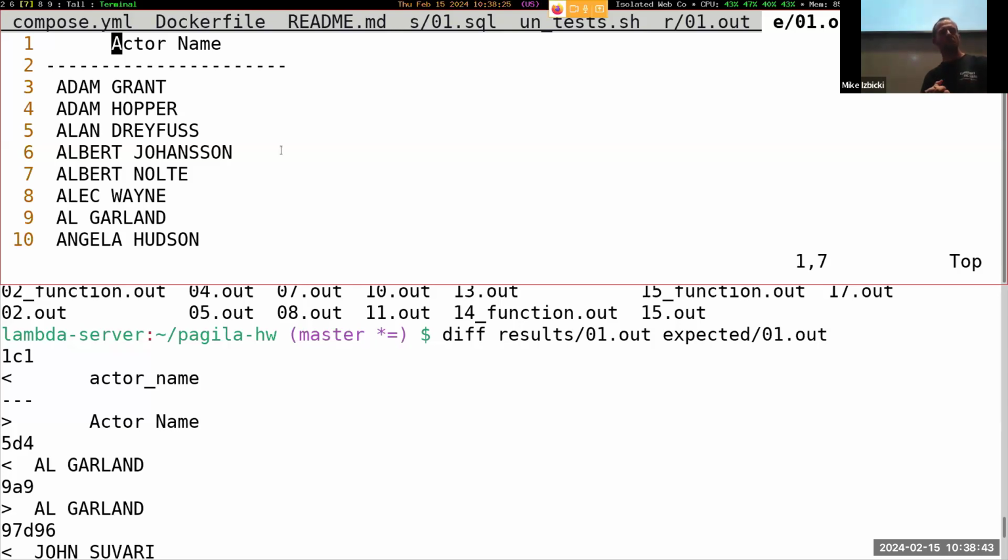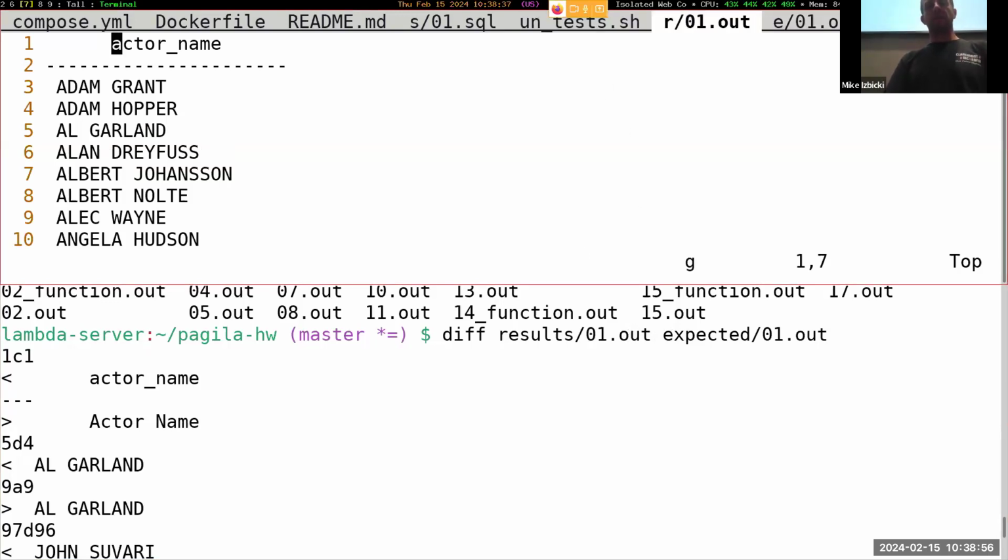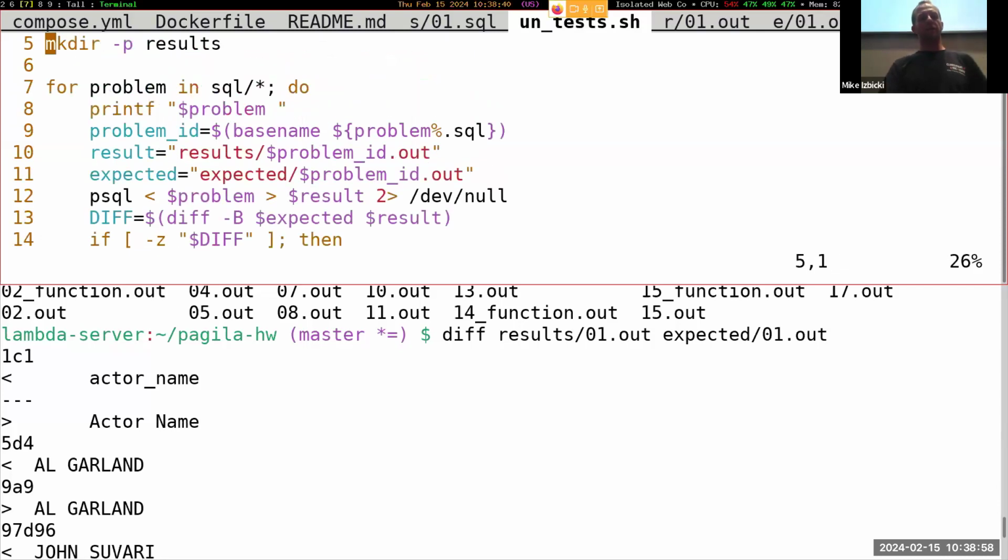Yes. When was the results file for 01.out created? Great question. The answer is that it's when you run the run tests.sh. So here in run tests, again, it's looping over each file in the SQL folder. And the psql command right here on line 12, using output redirection right here, stores the contents of running this psql command in this file, which is stored in the result variable right here. The result variable is defined on line 10,